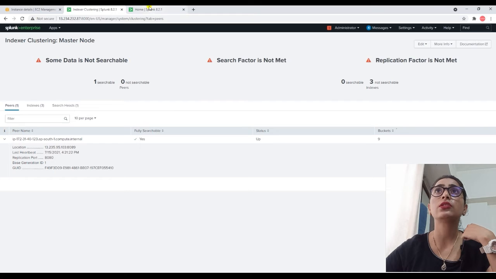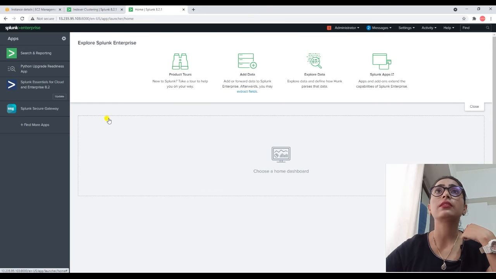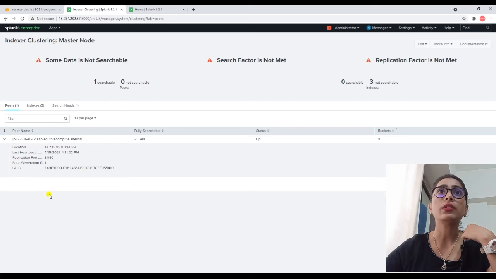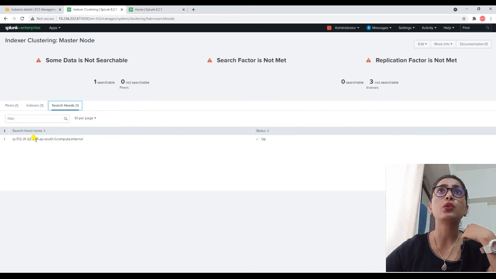This is 103, so this peer is here, 103. In the search head it is showing 224, that is this search head.